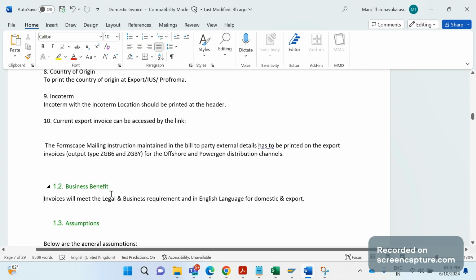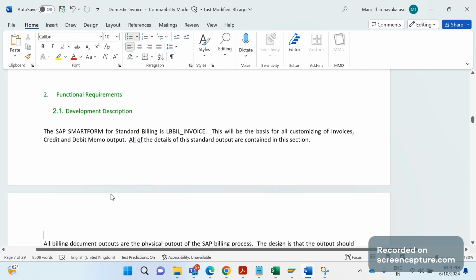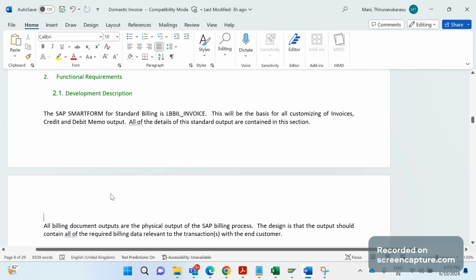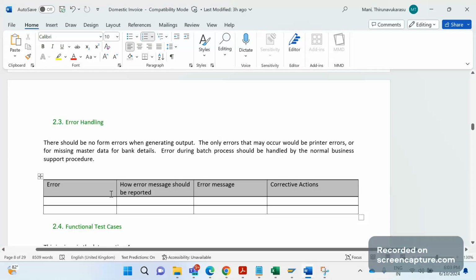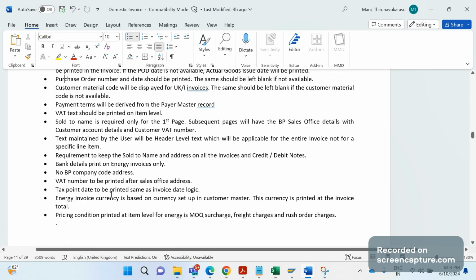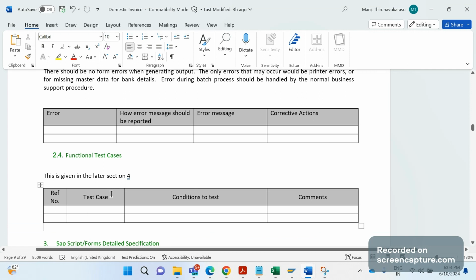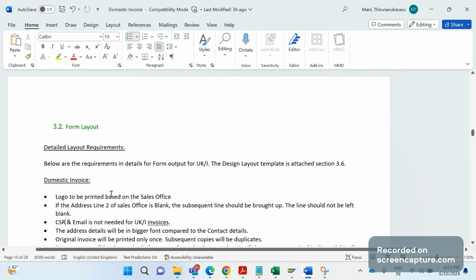So like this, we have a lot of changes that should be done in this function module, and share that with our technical team who can develop that smart form as per our requirement. Okay, so the ABAP team will develop only the smart form. The functional team should develop the output type, create the new output type,